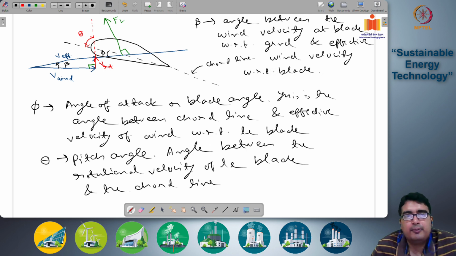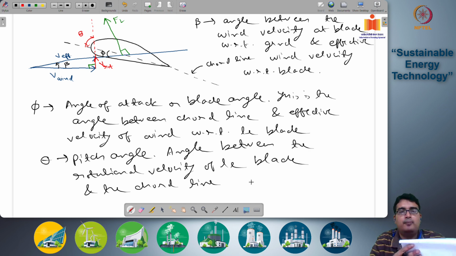Okay, and remember what these three things are. This is the rotational velocity of the blade, the tangential velocity at which this blade cross section is moving. This is the wind velocity with respect to ground, and this is the effective velocity. Okay,